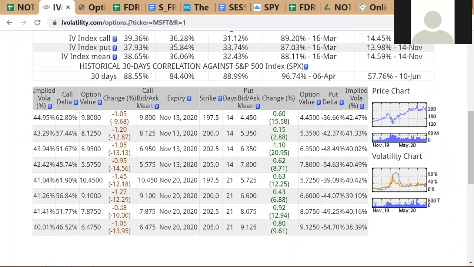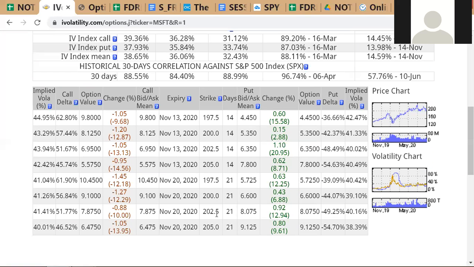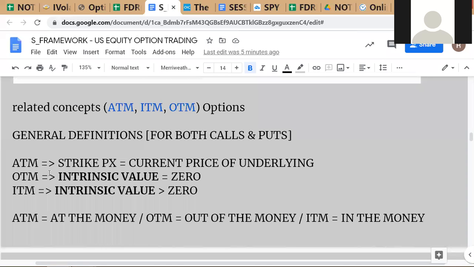We discussed another option, this one, which is basically almost at the money, because if you round off the 202.47 underlying asset price to 202.5, then the strike is equal to the underlying asset price. The strike price of the option is equal to underlying. So IV is equal to 0 in this case. That's why this is at the money. At the money means strike is equal to underlying, and here also the IV is equal to 0. For out of the money, also IV is equal to 0. Strike ATM also IV is equal to 0.